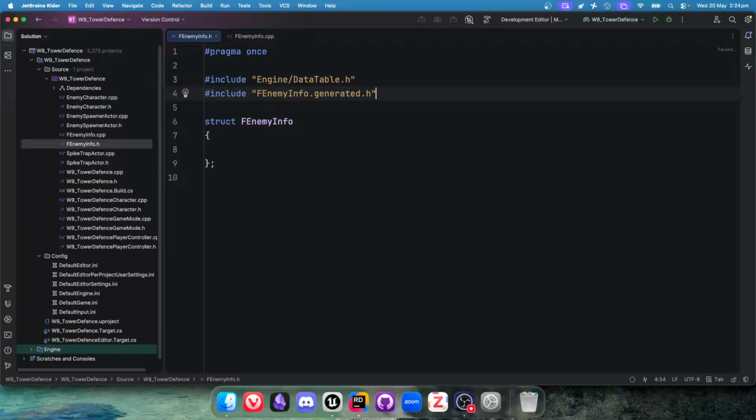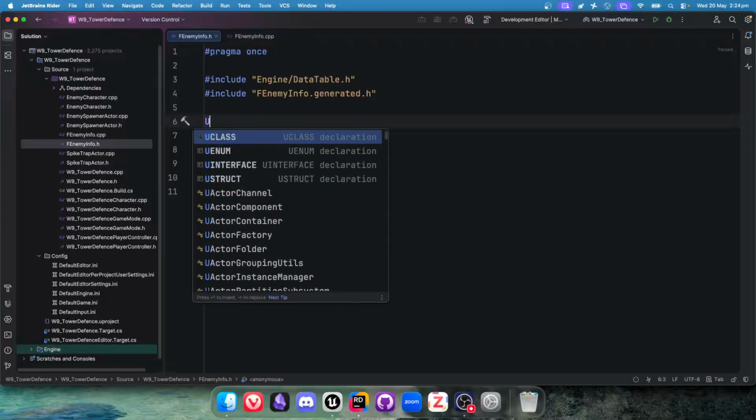info.generated.h. Now, the interesting part is this file doesn't exist yet. This is something that the editor will create for us. And in fact, the way that we get the editor to do this is the next two lines of code that I'm going to add. USTRUCT,